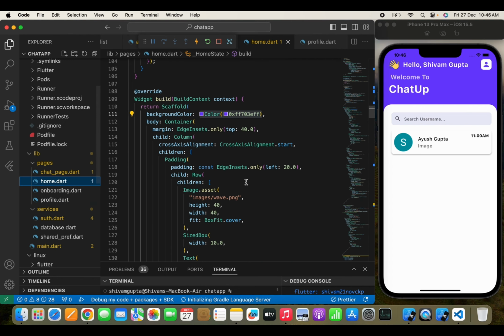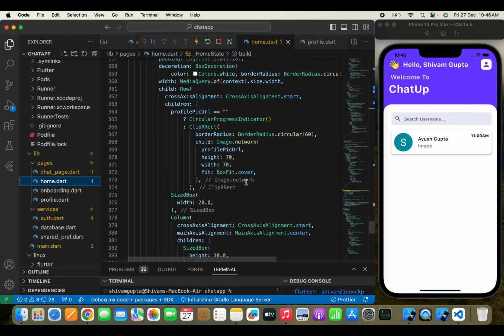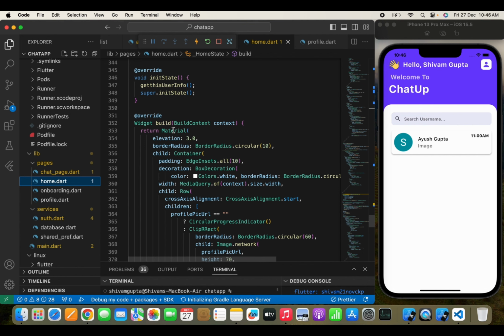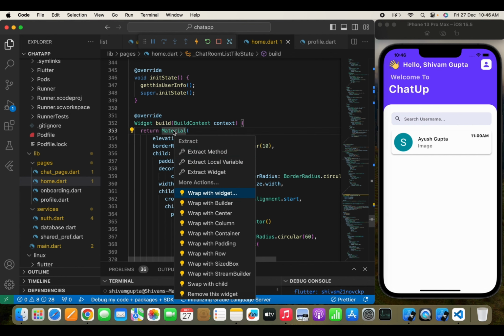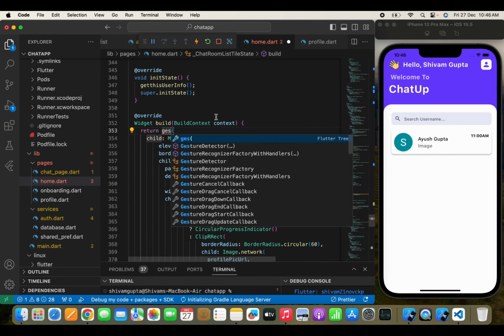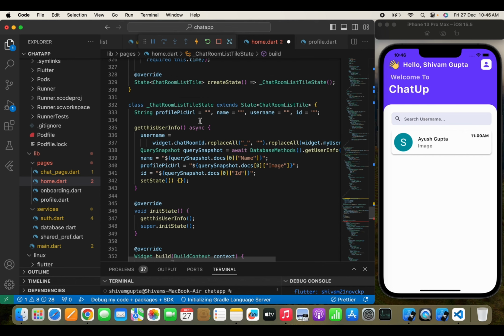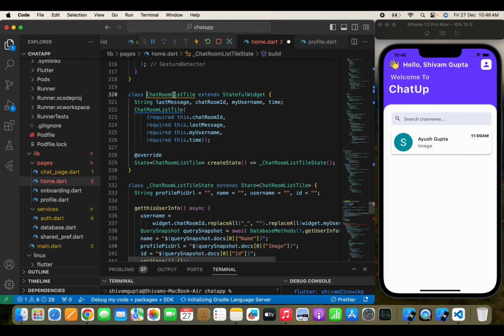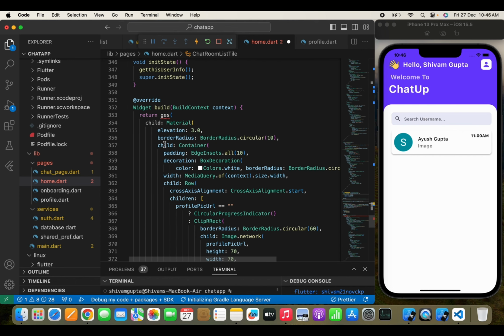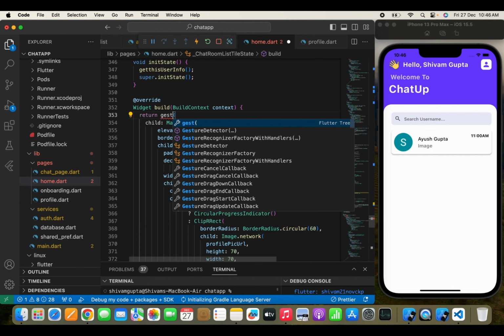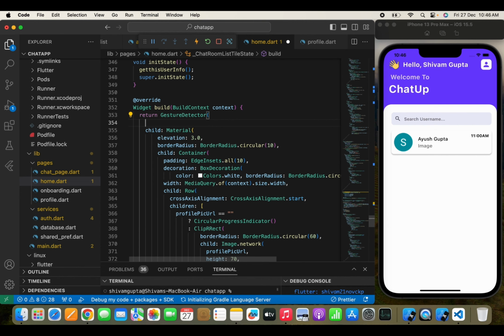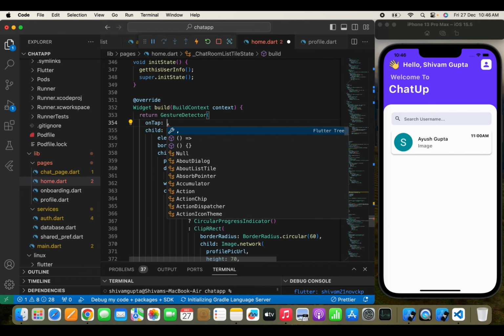Let's move to the home.dart page, and here first I need to move to the material widget, and we need to simply wrap it with a gesture detector. And one more thing, the error that we are getting over here is because we have added a scaffold. Now make sure that you are passing a chat room list style in the widget, so that's why I removed the scaffold from here, and here I'll just write a gesture detector, and in the onTap method we'll directly push